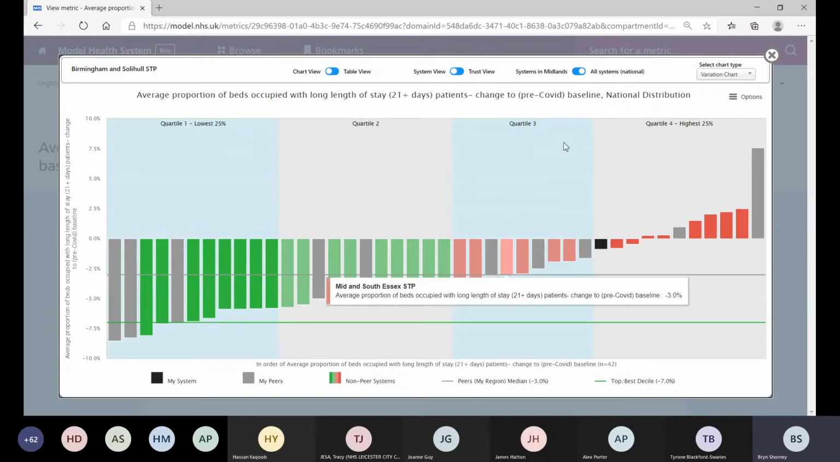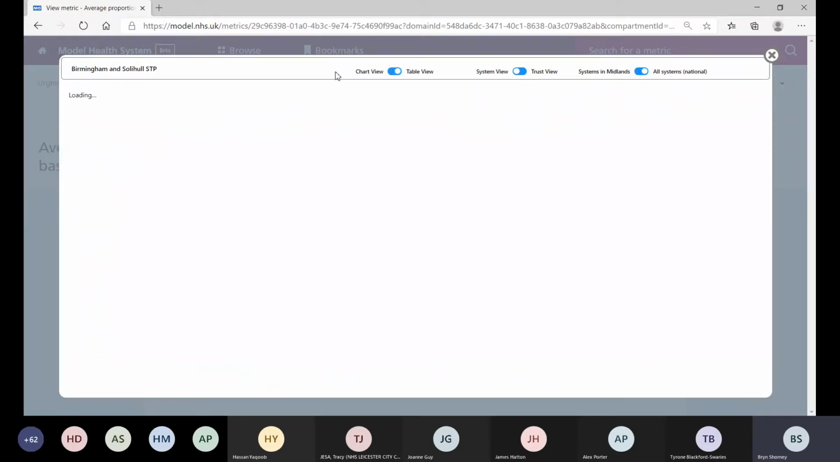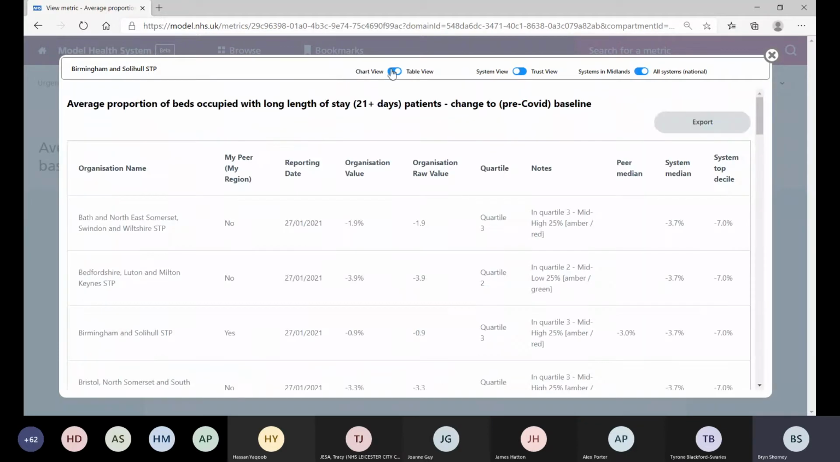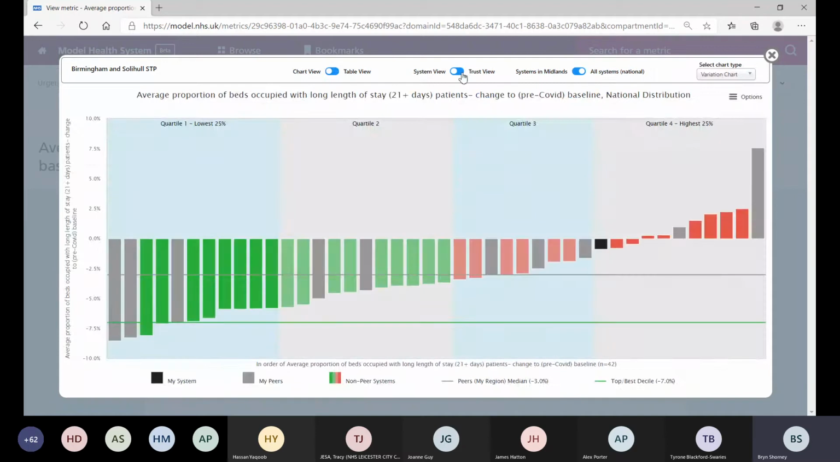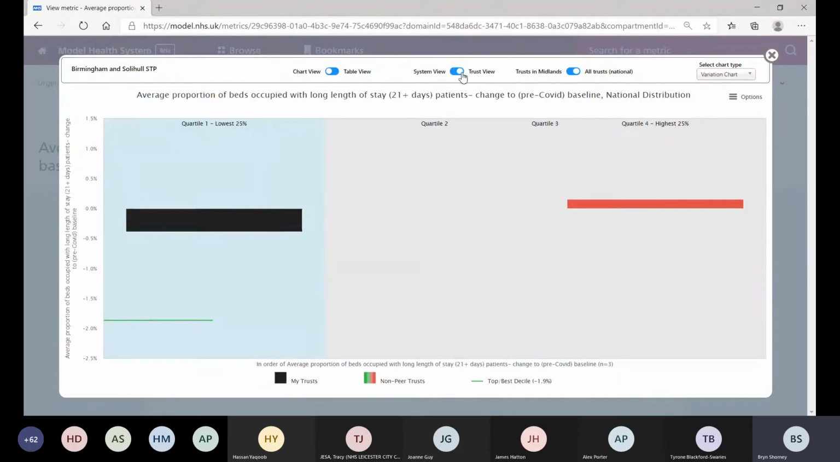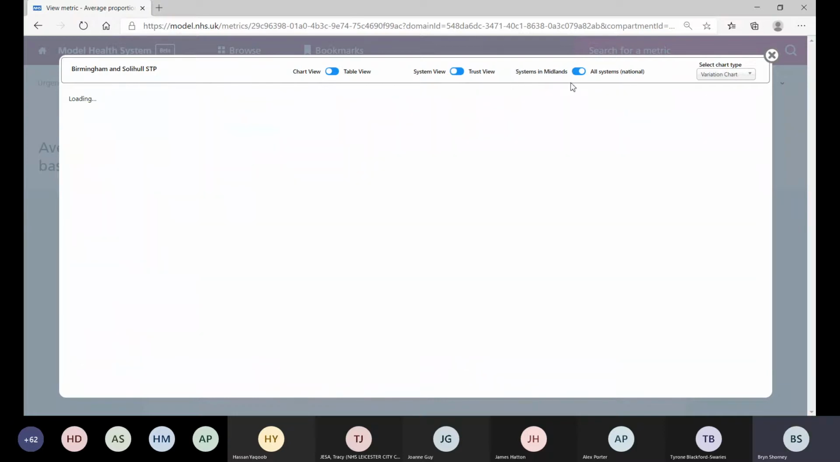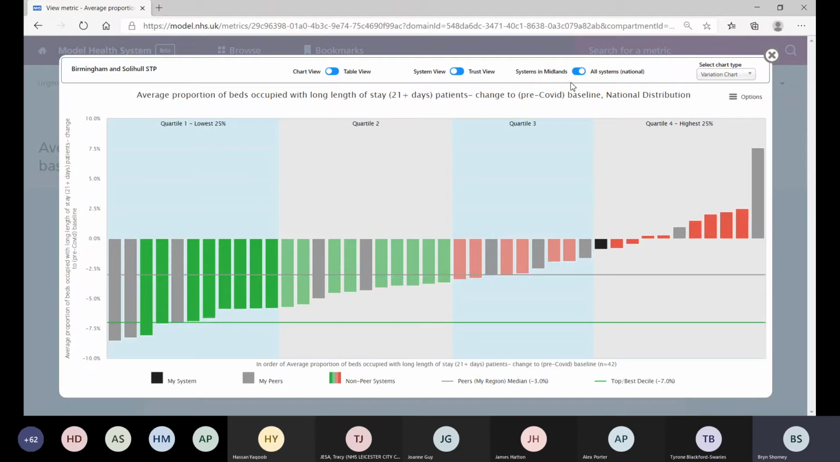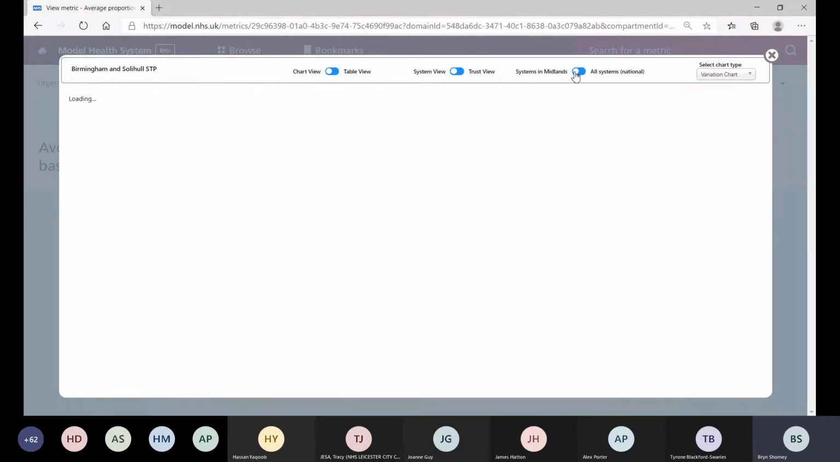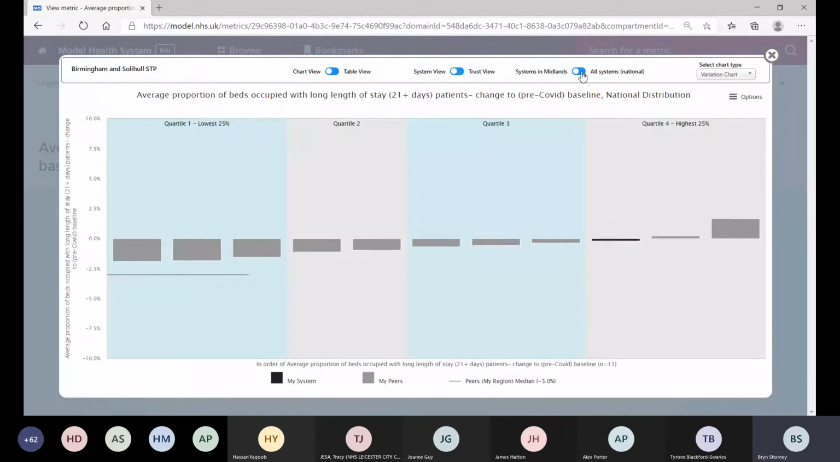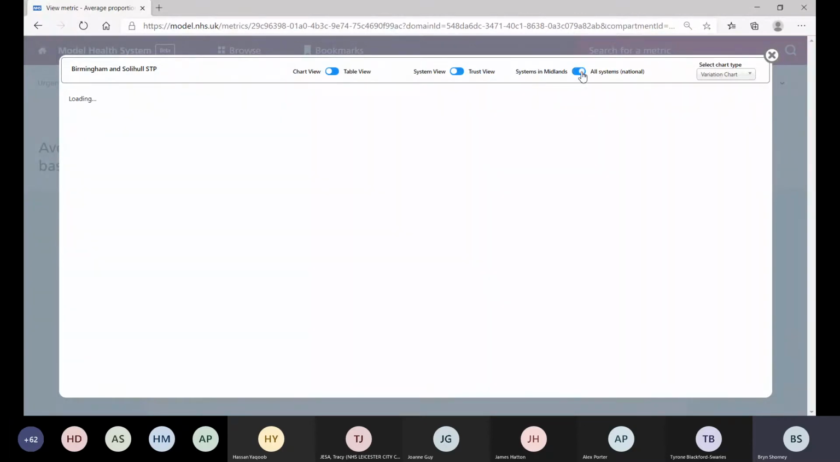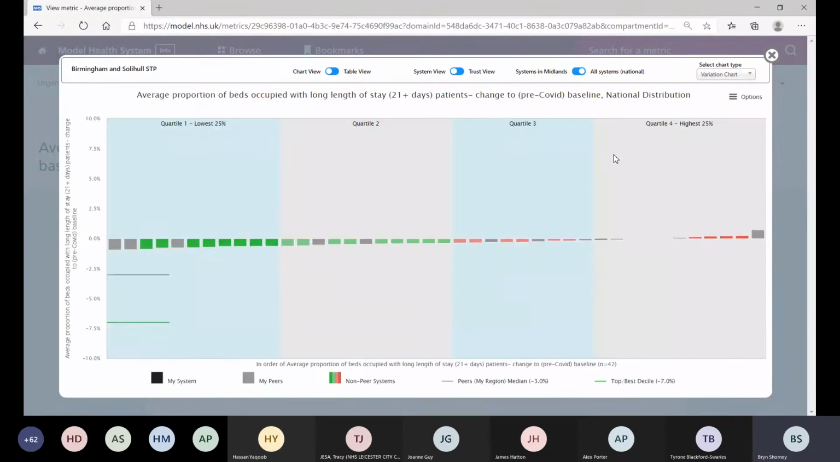STPs, and there are a few toggles here. You can toggle between the chart view and the table view. You can toggle between the system view and the trust view. You can also have the systems within the Midlands or all systems nationally. And you will also see on this main chart that some of these